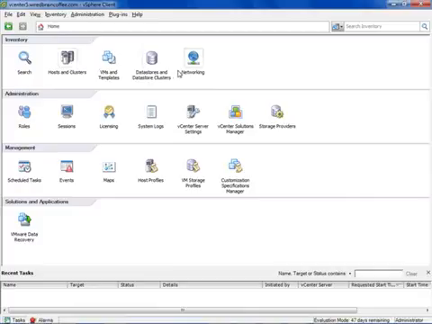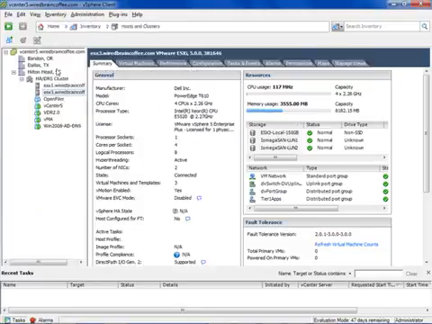but there's a lot more things you can do in here, such as configure data stores, data store clusters, networking, templates, roles, users, licensing, view system logs, manage scheduled tasks, events, view maps, host profiles, virtual machine storage profiles, and even use solutions and applications down here, which are based on plugins that you add in to the vSphere client. For example, I have VMware Data Recovery, which is a backup and virtual machine recovery application included with most editions of VMware vSphere. But in all honesty, most admins spend their time here in the host and clusters inventory, where